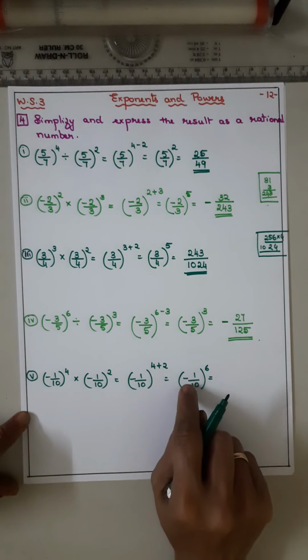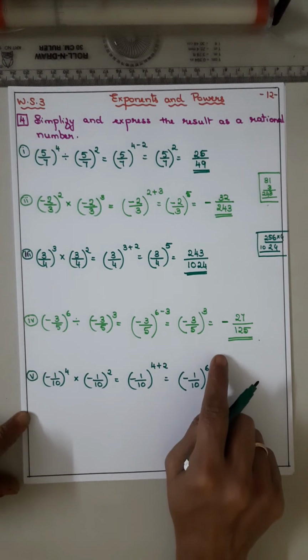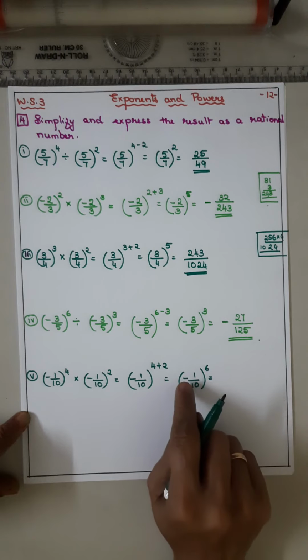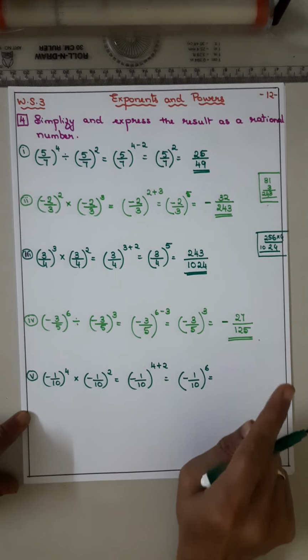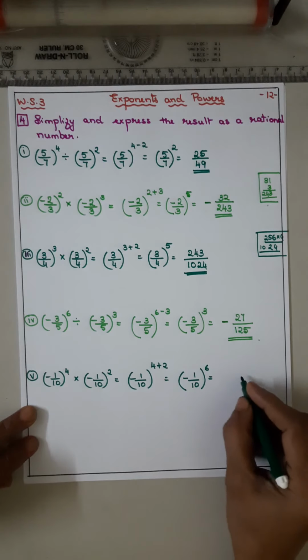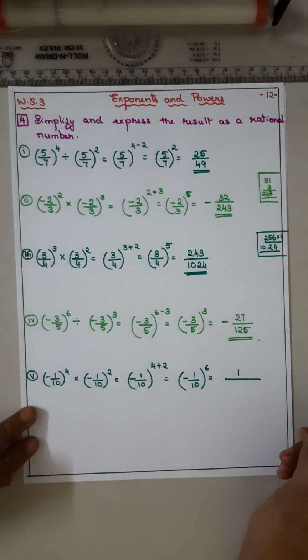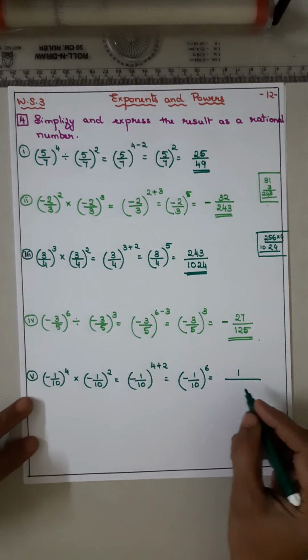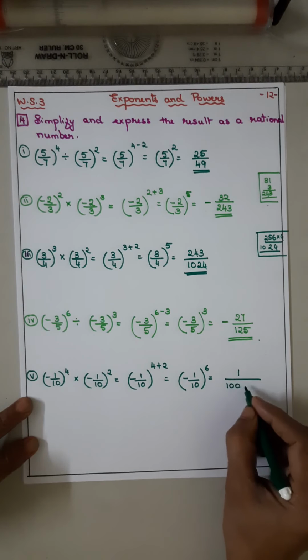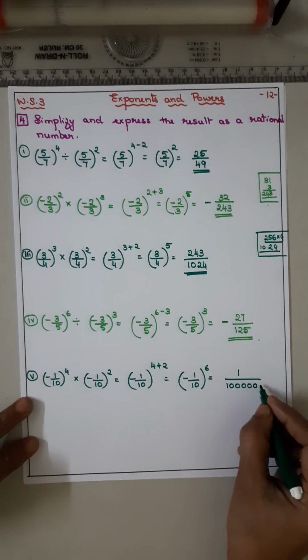So a negative number with an even power becomes positive. Negative rational number के even power रहेगा तो आंसर पॉजिटिव होता है. और अभी 10 to the power 6 कैसे करने का? 10 to the power 1 is 10. 10 to the power 2 is 100. मतलब पावर कितना है उतना 0 याद रखने का. So 1, 2, 3, 4, 5, 6.